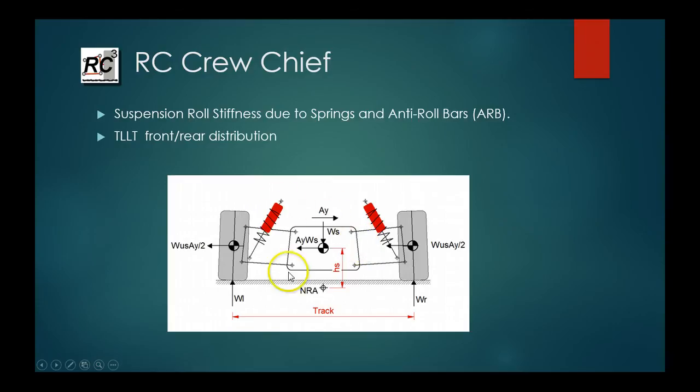And then we have our sprung mass represented here. So we have the height of our sprung mass above the neutral roll axis, and we have the weight of the sprung mass times the lateral acceleration, which is what's inducing the rolling moment. So now we've got all that information together,